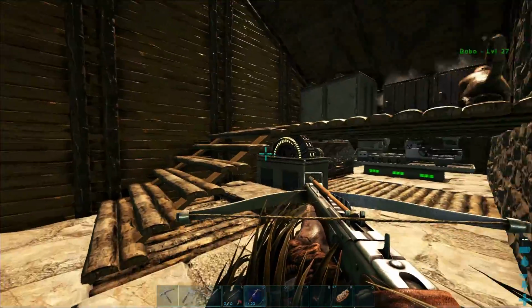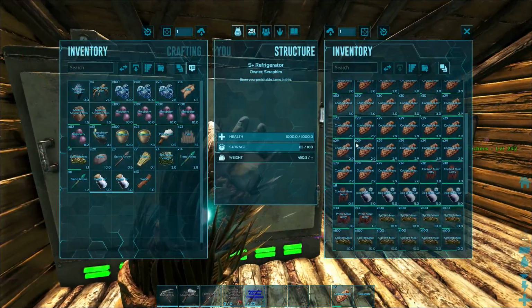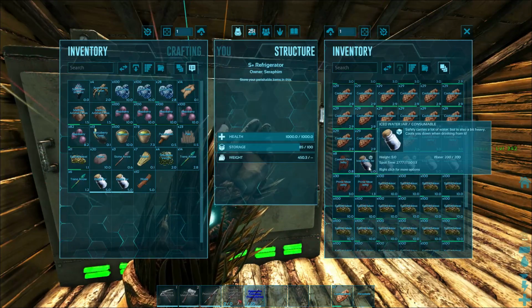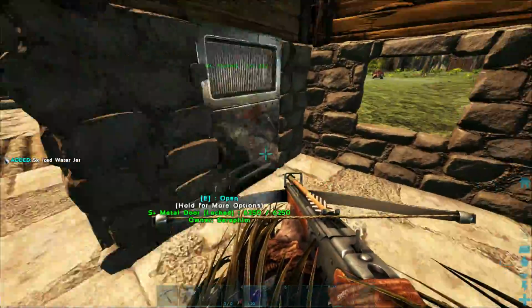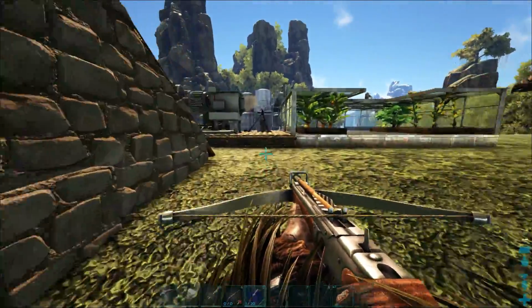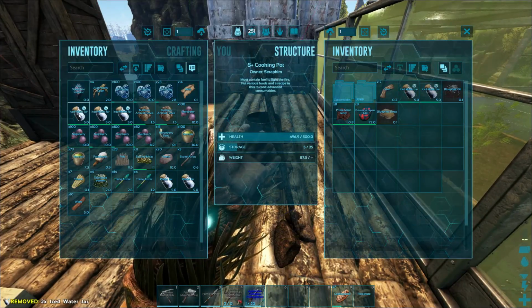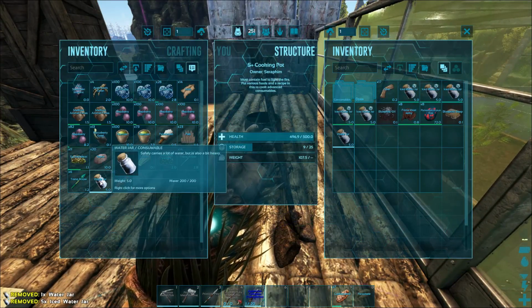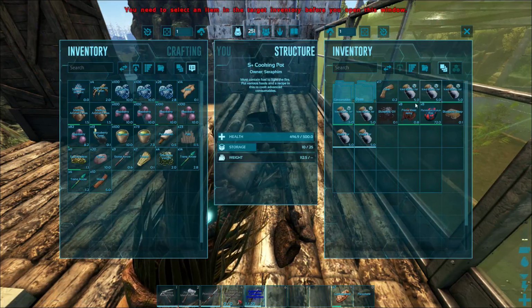So if you take a water jar that's full of water and you stick it in your fridge, it will get this little ice cube icon that you can see on them now. If you ever happen to be suffering from heat exhaustion or heat stroke or anything like that, you can drink the chilled water and it will mitigate the effect of that on you as well as filling up your own water needs. So let's throw our 7 water jars in, and then we will need to get some fiber and